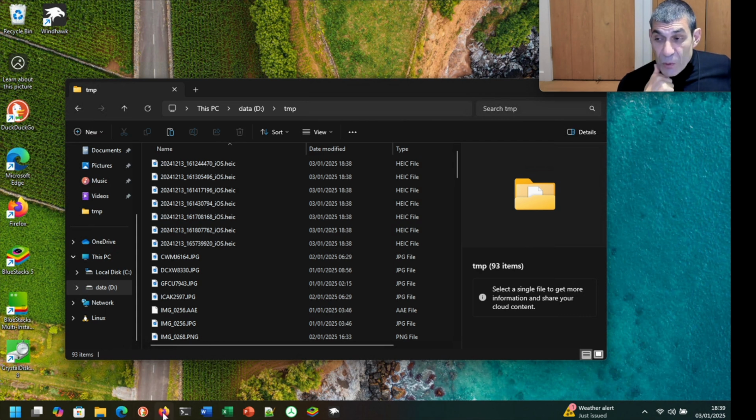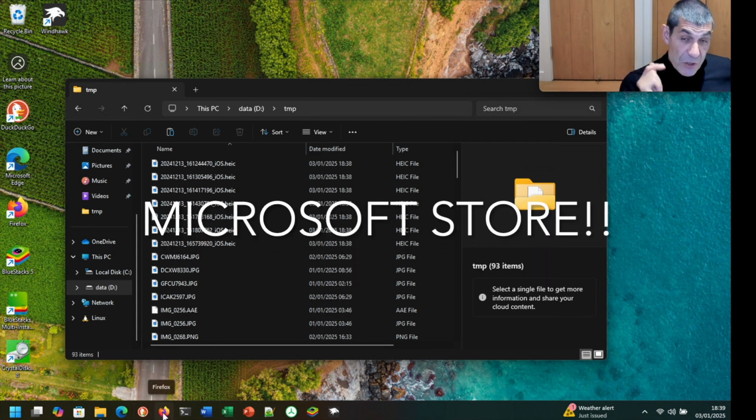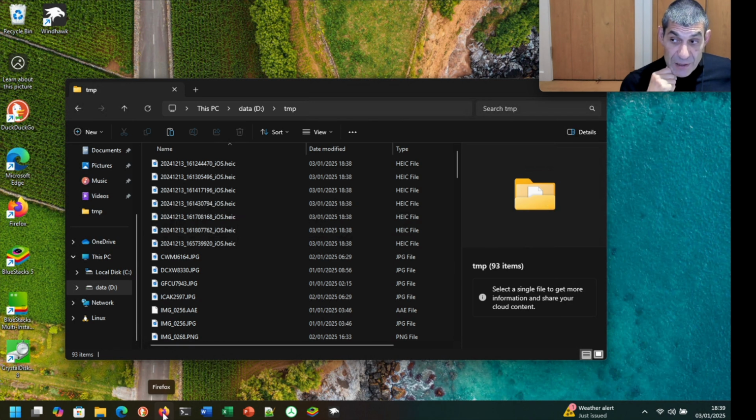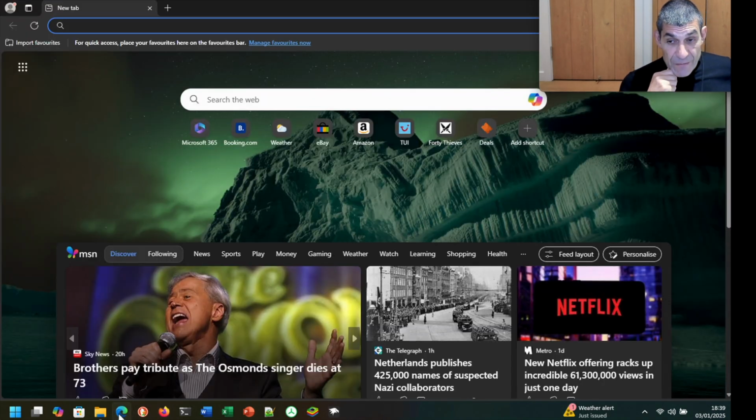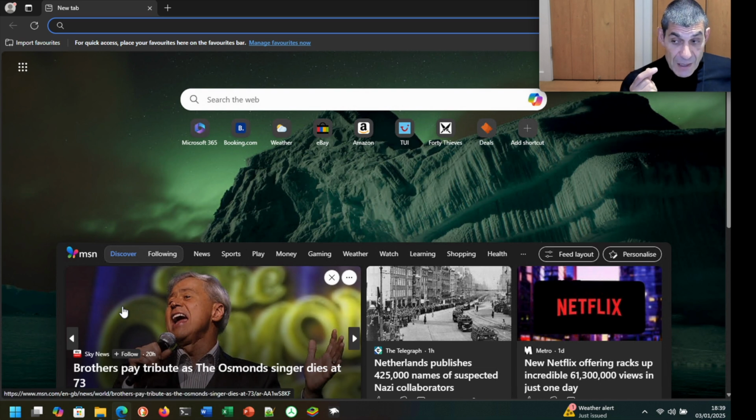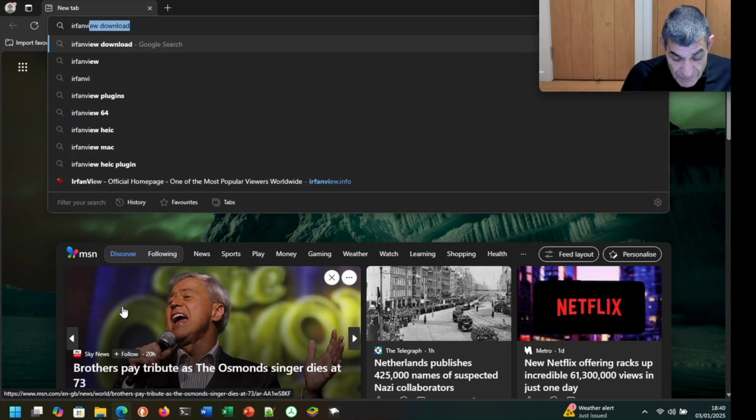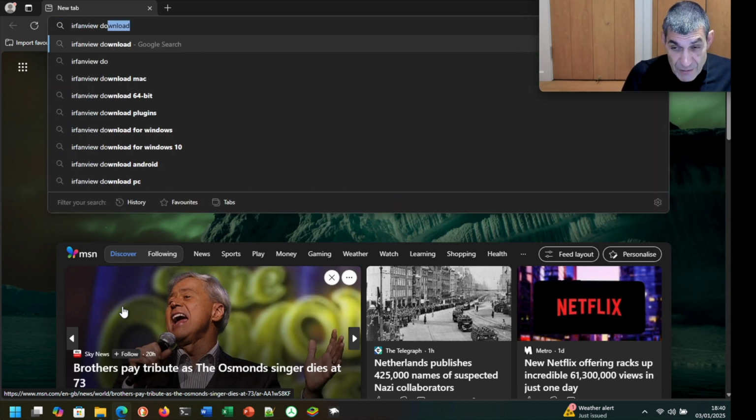With modern Windows systems, there's the Apple Store, or there's still the possibility to download the binary or the setup program just like you did in the olden days. I'm going to do it just like the olden days because the IrfanView that you download, I believe, is better equipped to deal with everything than the App Store version. So we're not going to use the Windows App Store. We are going to use the IrfanView download,